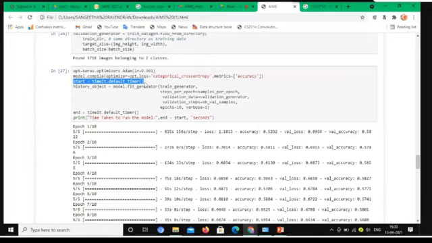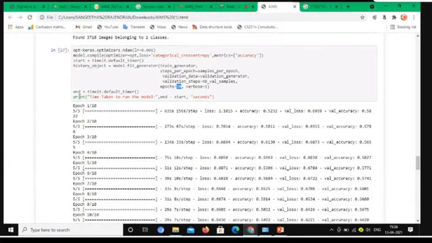Here verbose is equal to 1. If verbose is 0, these dotted lines are not presented. I give 10 epochs. Finally, print the time taken to run the model. The validation accuracy and accuracy are around 54.